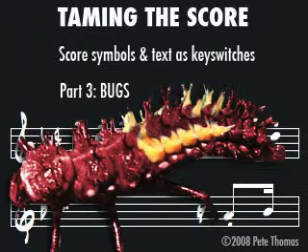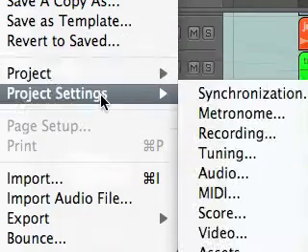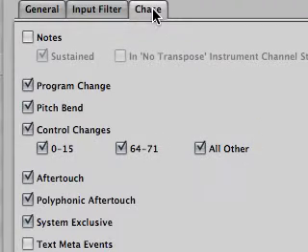As we've seen, this can be a great system, but there are one or two little issues, and here are some workarounds. This first one is a real bug. Ideally, you want Logic to chase the meta events so you can start from any point in the project. Provided you've set Logic to chase meta events in the project settings, this should work.